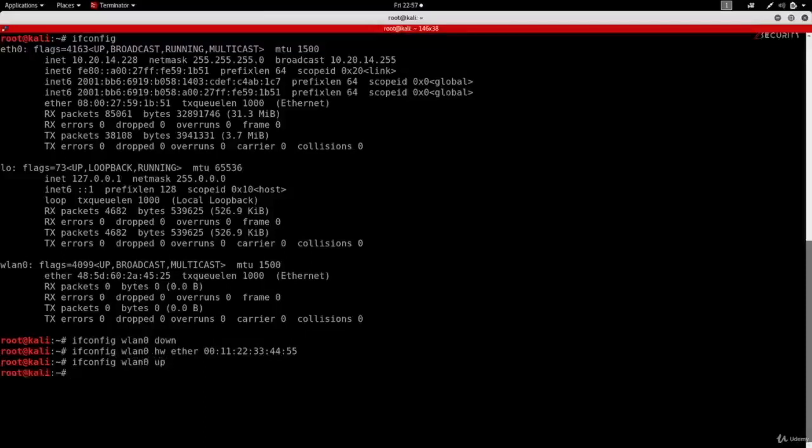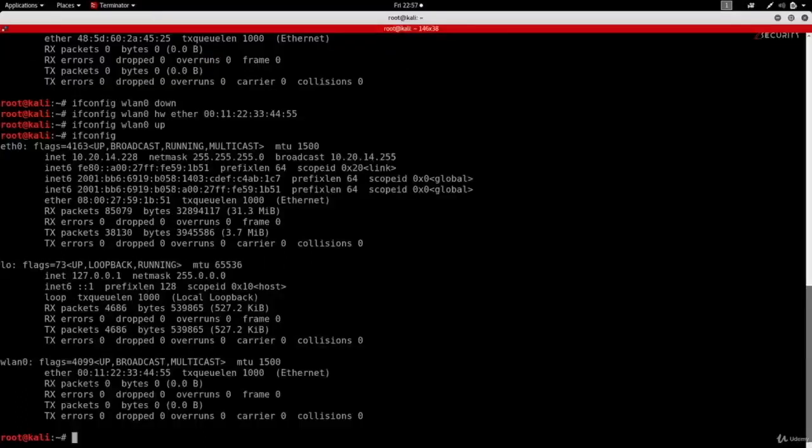Now the interface is enabled, and if we do ifconfig again and look at the ether part in here, you can see that it has changed to the MAC address that we specified. Now this is done and your MAC address is changed. You can go ahead and start using the interface, and it will appear to have this MAC address instead of its original MAC address.